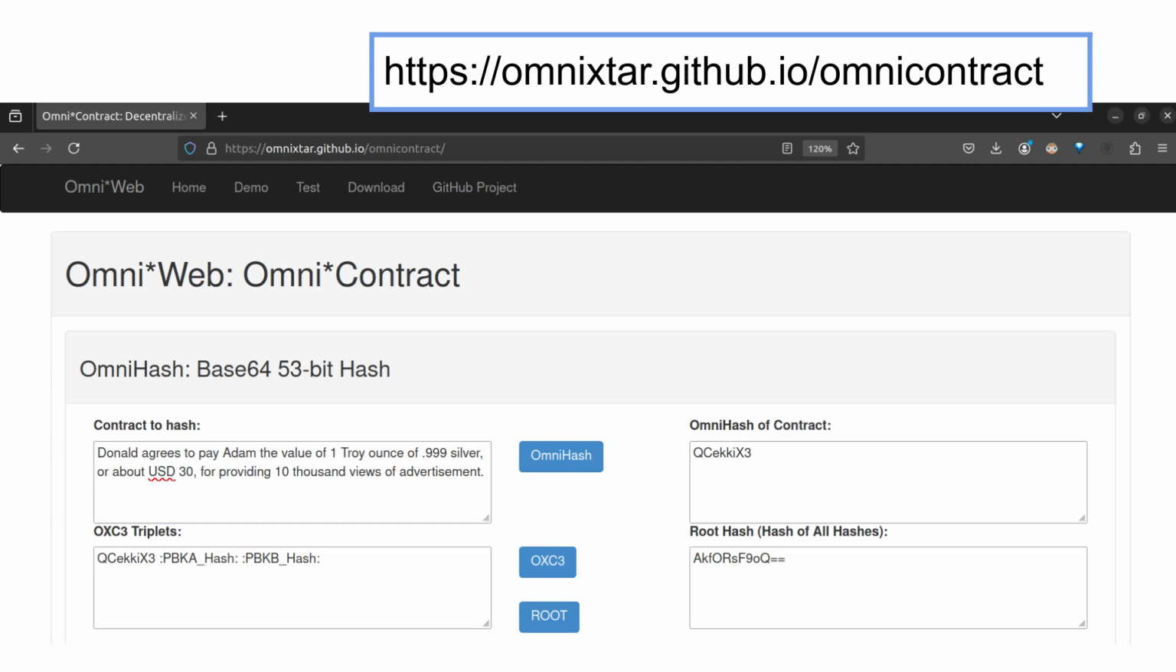Now let us examine an example of a digital contract between Adam and Donald, where Donald agrees to pay Adam the value of 1 troy ounce of 0.999 silver, or about $30, for providing 10,000 views of advertisement. This contract is generated on the OmniStar contract page at